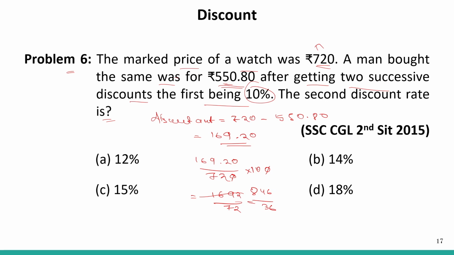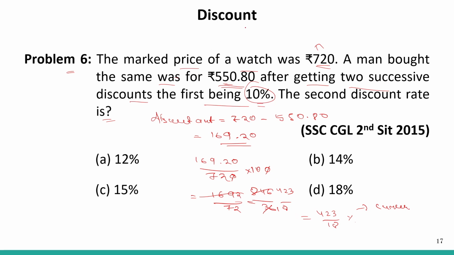So what we can do next is we can always further divide, that is 423, and this will become 18. Okay, so this is equal to 423 by 18%. Okay, so this much amount of discount is there. So this much is the cumulative discount. Then let's calculate what is the second discount, that is after applying 10% discount, what will be